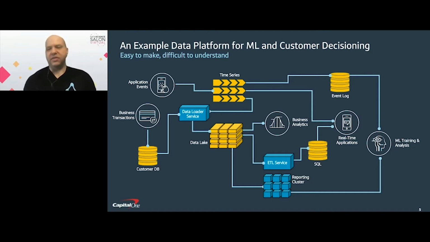And if you look at the relationship between the machine learning training and analysis and the application events and the business transactions that they're supposedly based upon, we see several different steps and several diverging paths that all end up in the same place. This ends up being a bit of a liability for your machine learning and training, and doesn't really help everything else that's in the middle.